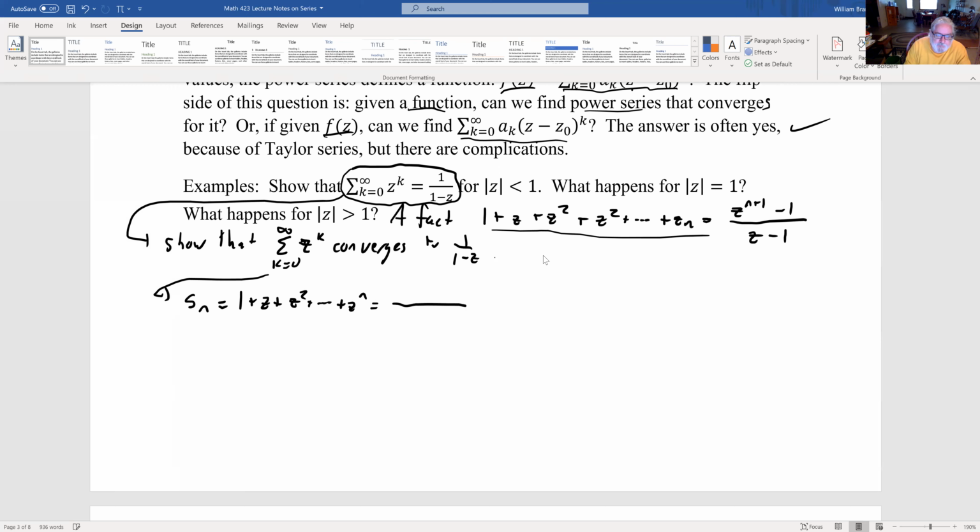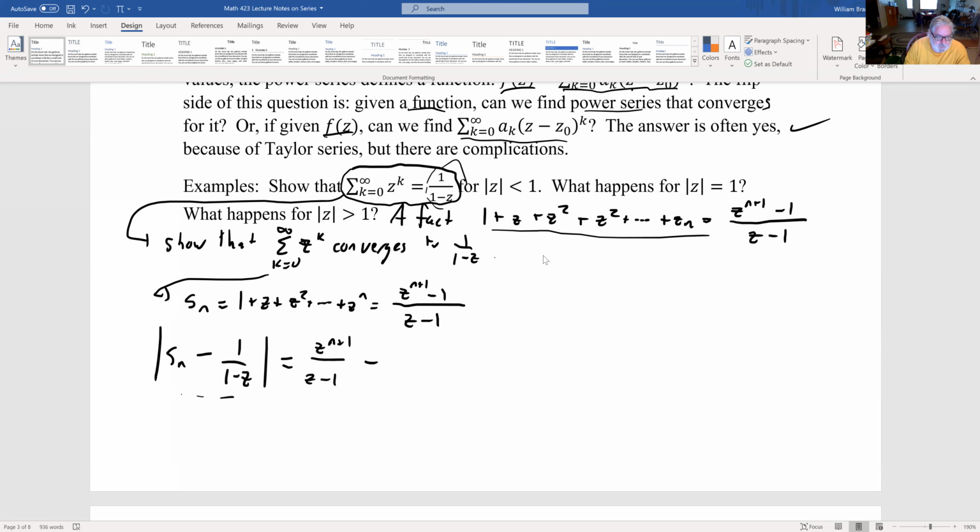So that's my S sub n. And I want to show that the partial sums actually converge to this thing. So we'll rewrite this as S sub n minus 1 over 1 minus z. And our goal is to show that this goes to 0. And if you do the subtraction, what does it become? Well, it becomes z to the n plus 1 over z minus 1